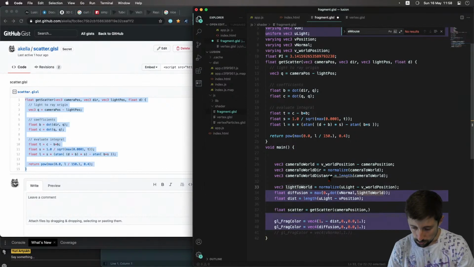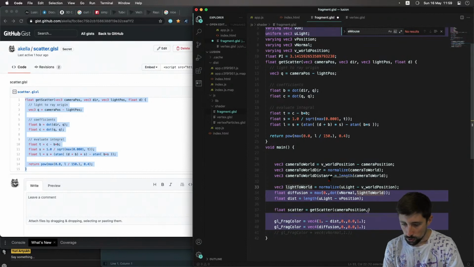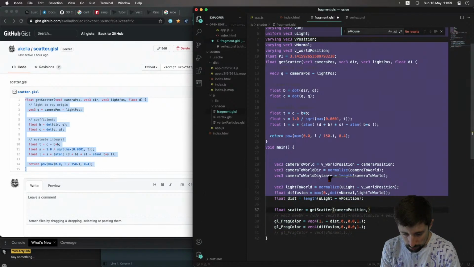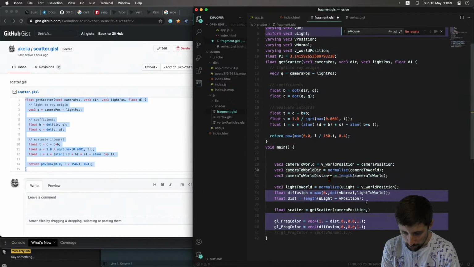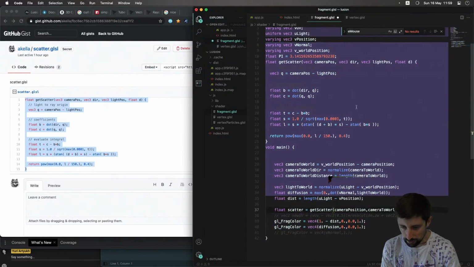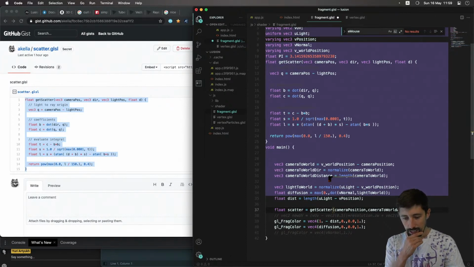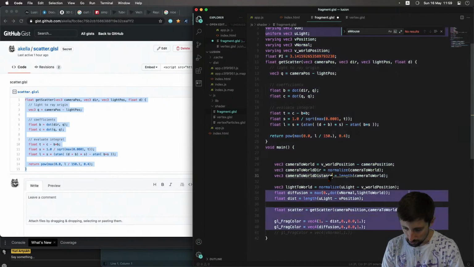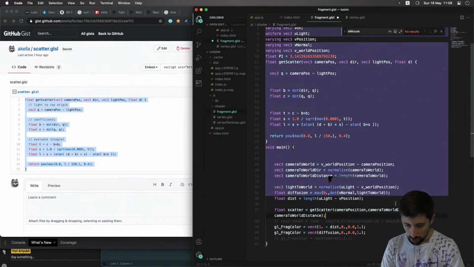Perfect. So now we could use in this formula, we could use camera to world direction. Camera to world direction is the second parameter. Then the next one is light position, which is just the uLight uniform that I already have. And then the last one is the distance to camera to world distance. And this should be it. I could now output my scatter